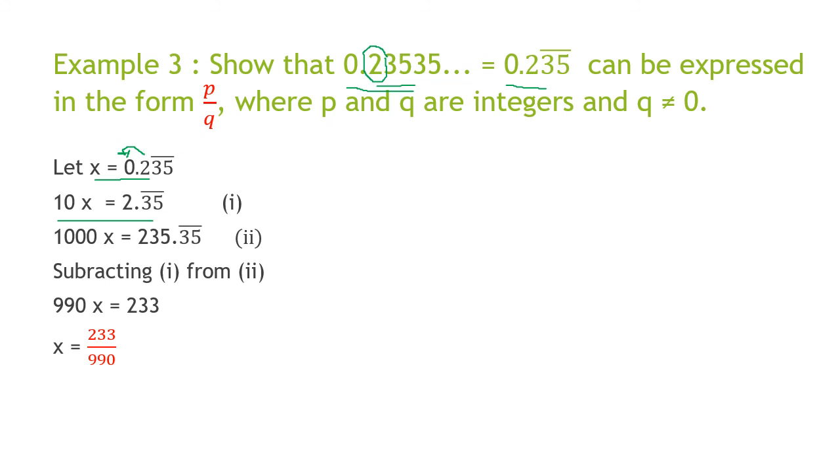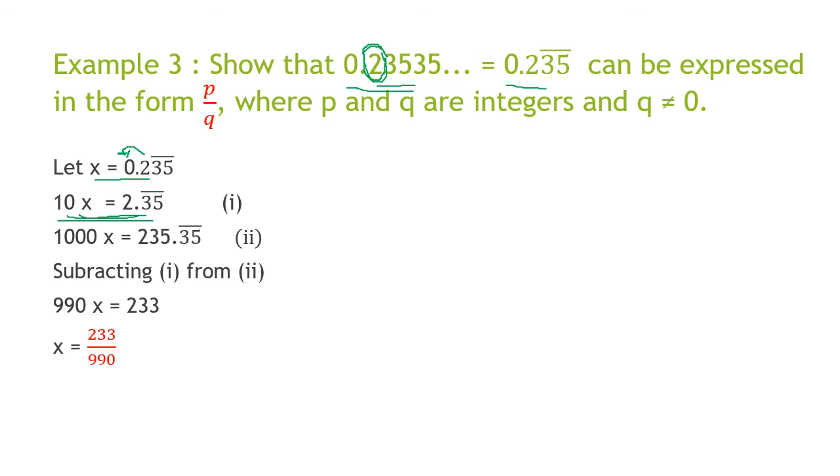In this method, the first step, what do we do? The non-recurring digit 2 we bring before the decimal point. So since there is only one digit here, you multiply by 10. Shift one digit, you get 2.35. So that is the first step, remember. Again I repeat, what did I do? There was one digit which is not recurring, only 2. So because there is one digit, I need only 1 0. So I multiply by 10, it becomes 2.35.